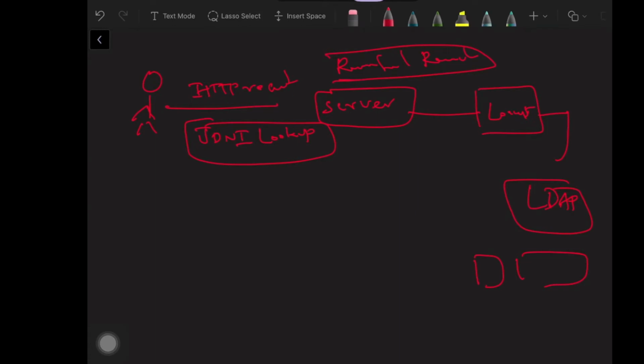So Log4j will think that it is a lookup and it will pass that query to the LDAP. And since it is a malicious LDAP query, right, a payload, this will give remote access to the attacker. So this will have directory information, other confidential data, and everything. So basically, I'm getting reverse access to it.